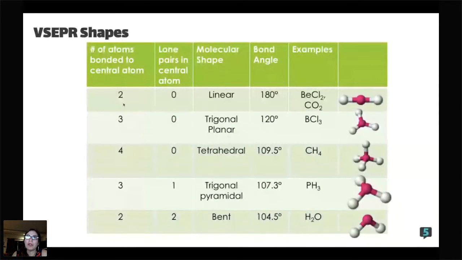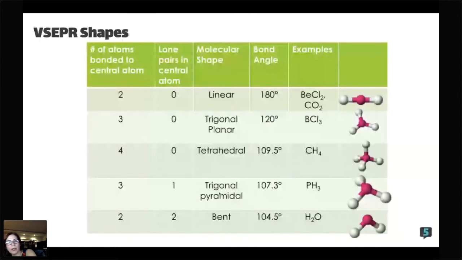So if you have two atoms bonded to the central atom with 0 lone pairs, you will have a linear shape. And I have here examples for you. I will share the slides for the replay so you can have these slides to study for later. So 3 and 0, trigonal planar, 4 and 0, tetrahedral, 3 and 1, trigonal pyramidal, and